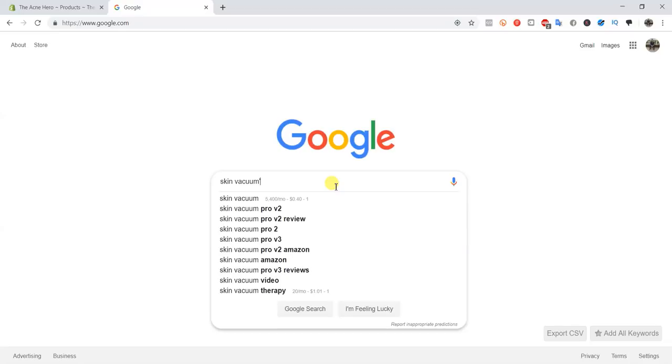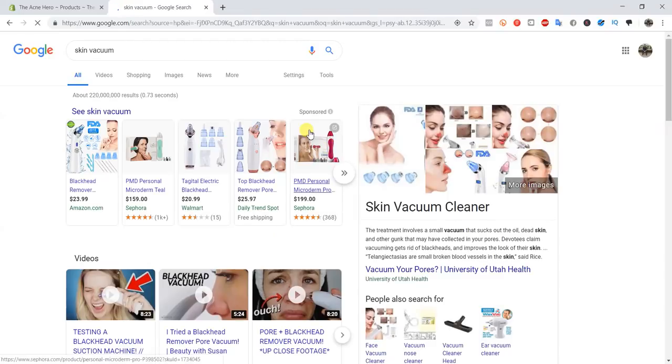So I'll just type in skin vacuum and we'll go ahead and see the details. So we can see that the keyword skin vacuum gets searched 5,400 times per month. And when it comes to keywords, you normally just want to at least find keywords that have over 1,000 searches per month. And one rule of thumb is normally the more volume that a search term has, the more competitive